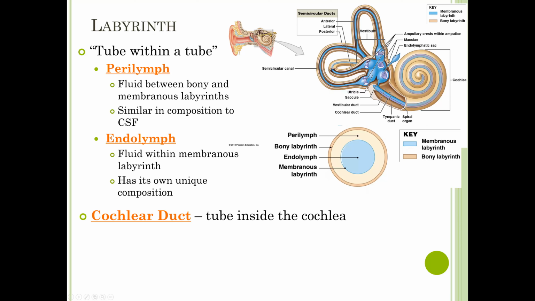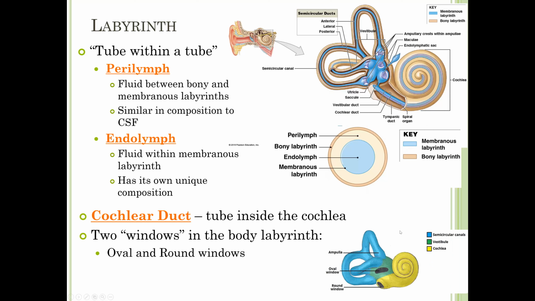If you notice, you've got this blue tube that runs through the semicircular canals. It's also in the vestibule where it is swollen into these different areas. This is the utricle, this swollen area, and the saccule is this swollen area. There's a swollen area at the base of each of the semicircular canals called an ampulla. And then you can notice that you have this blue canal that goes into the snail shell where it's going to curl all the way around. So once this tube goes into the snail shell, or into the cochlea, we then call it the cochlear duct.